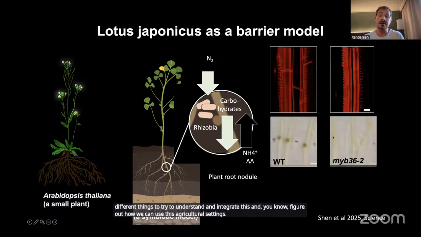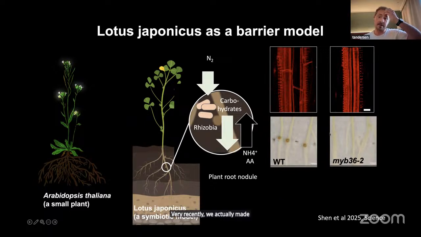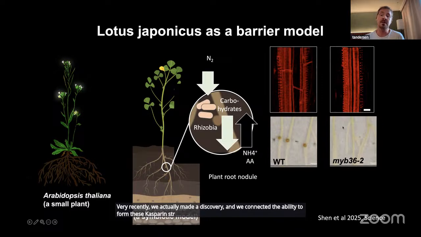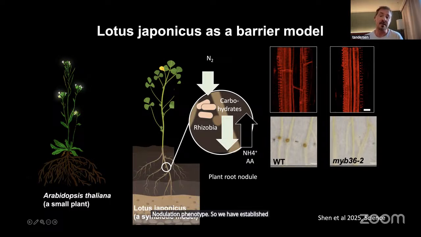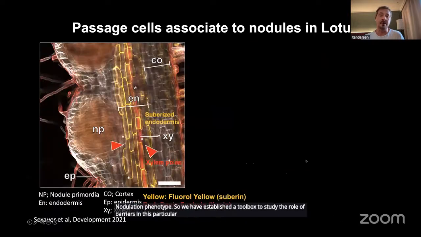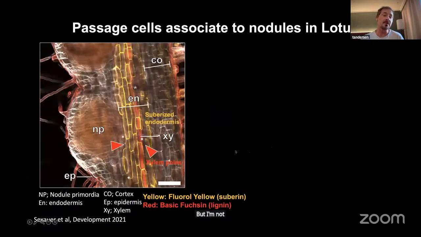Very recently, we made a discovery, and we connected the ability to form Casparian strips in roots with the ability to form functional nodules. We identified a mutant that's unable to make Casparian strips, and it also has a strong nodulation phenotype. So we have established a toolbox to study the role of barriers in this particular plant. But I'm not going to talk about the Casparian strip. I want to show you